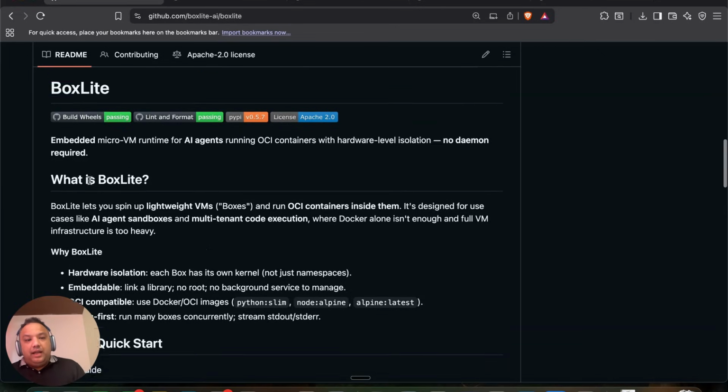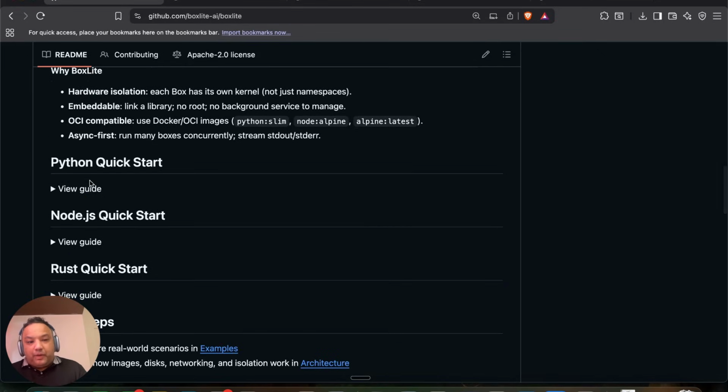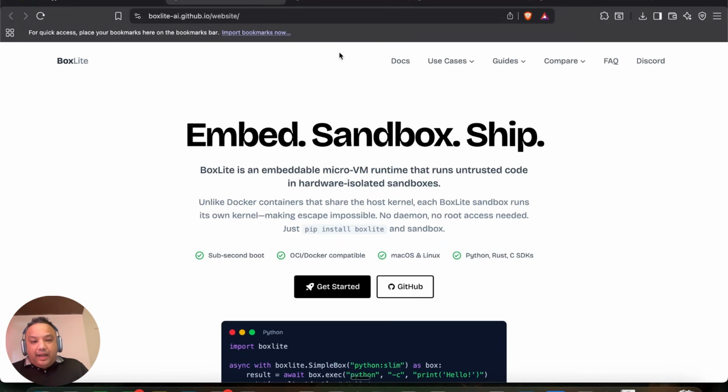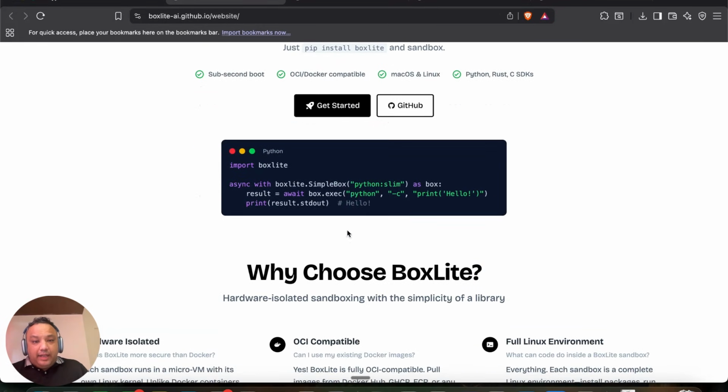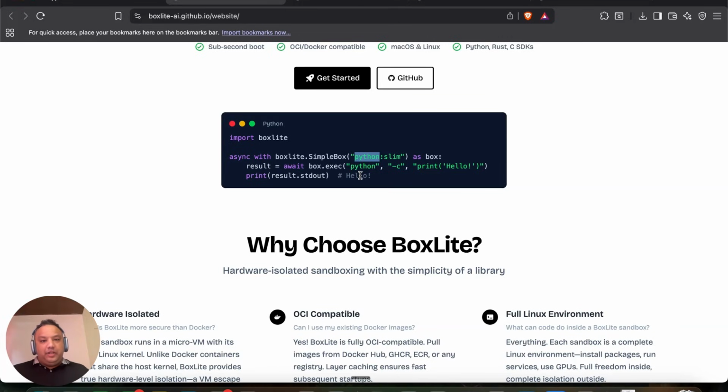It provides a Python SDK. It also provides a Node SDK. It's also, I think, going to come out with a Go SDK pretty soon. And I think it's very easy to use because it has all these different SDKs. The cool thing that I really like about Boxlight is that you can literally just set it up like this. You can spin up a new micro VM with a container image, which is an OCI compatible image, which means you can use any container image that you can use with Docker and so on. Just use that in your micro VM and execute whatever code you want.